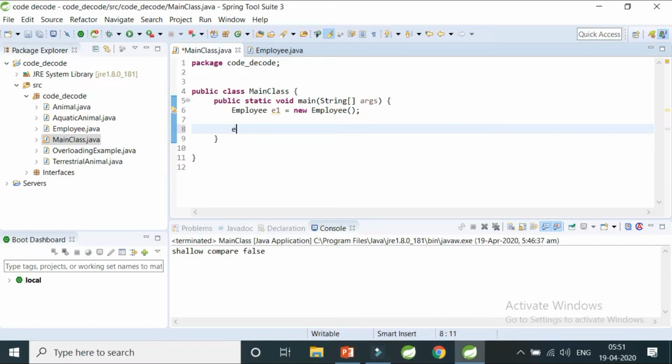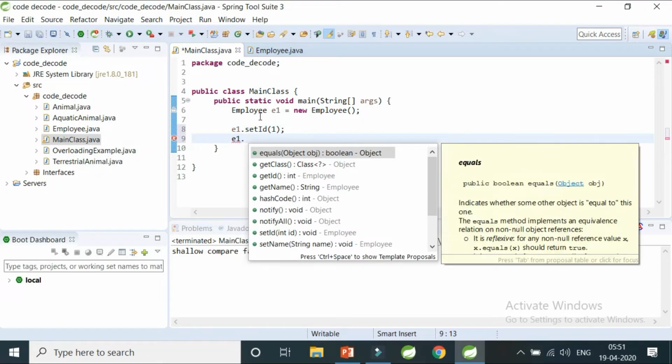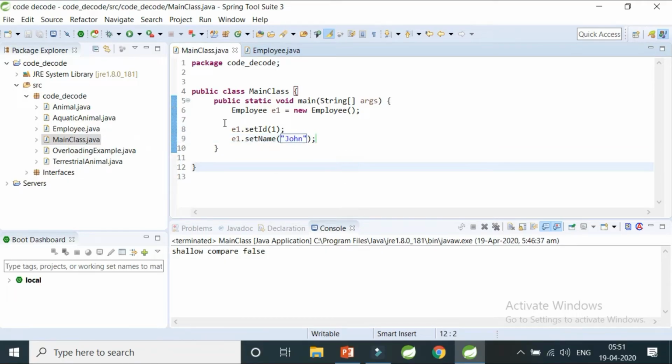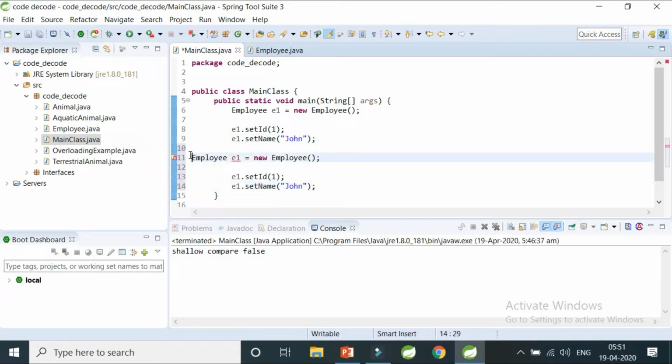Now I'm going to do e1.set: I'm going to set the integer value of id as 1 and set the name of this employee as John, a temporary name for now. Now I'll create one more object, Employee e2, and set it as 1 and John.